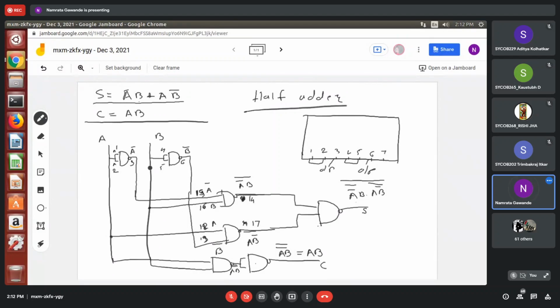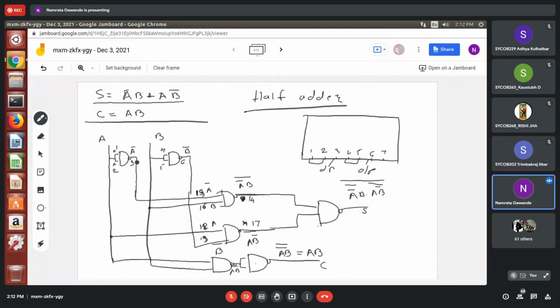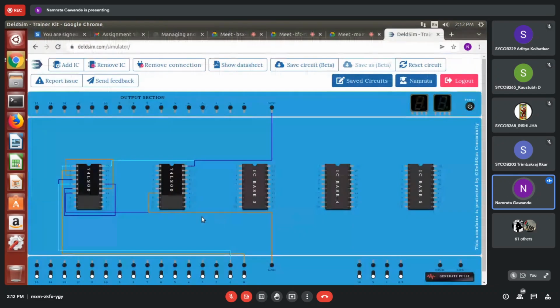Okay, just wait. Here is one error. A bar, that is pin number 3, is to be connected to the NAND gate, but here B is to be passed to the NAND gate, not B bar, right? Here you can see that. Here I have made a connection with B bar. Not pin number 6 going to pin number 16, B is going to pin number 16. So I'll remove the connection.